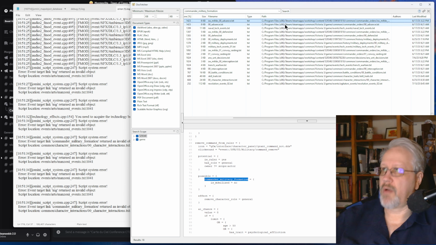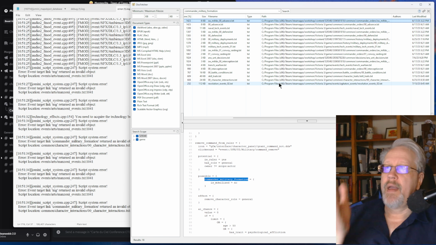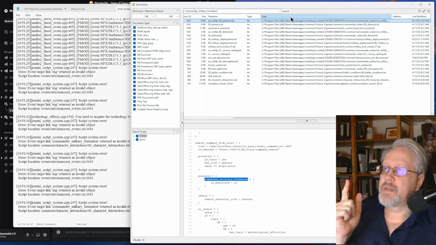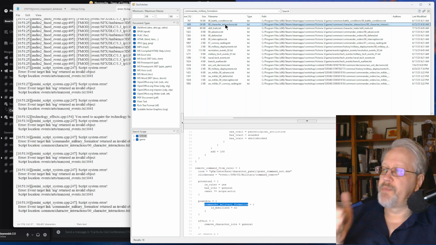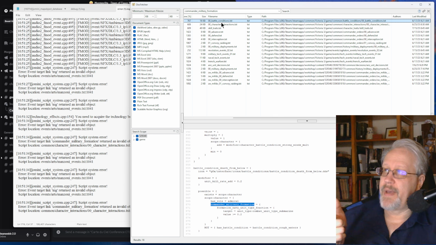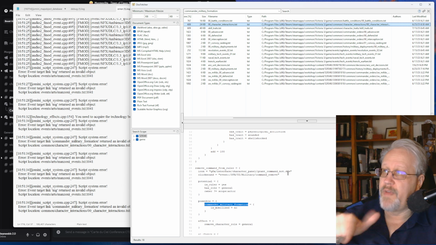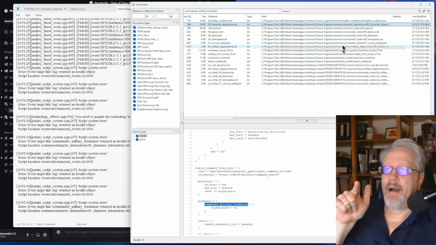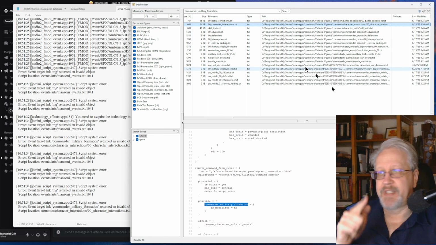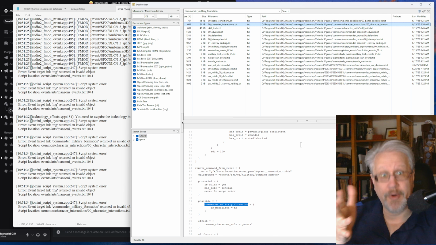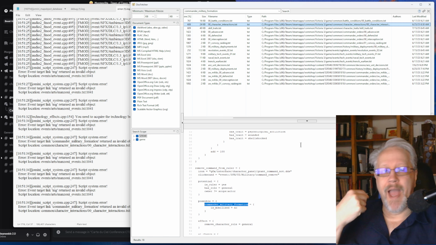Like, where do I find commander military formation? Search for everything. Okay, I found all these, and I looked through all of them, and none of them were touching, let's sort by path again, this particular character interaction. There was battle conditions, advance, whatever, but none of them were actually removing command from ruler. And for all the mods that referenced something about a commander military formation, it was the base game that was doing this. And I talked about that on my personal Discord, where some modders are active, among other things. And one of them suggested,